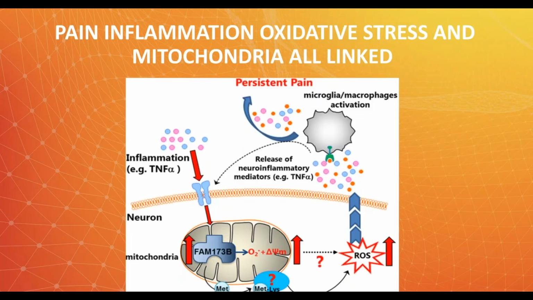So pain, inflammation, oxidative stress, and mitochondria are all linked. And I can't tell you how many dozens of maybe even hundreds of hours of lectures I've sat through from world-leading experts talking about pain or talking about inflammation or talking about oxidative stress. And at some point in functional medicine, you just throw your hands up and you realize everything causes everything and it's all connected. But these are really clear and obvious connections where when we're in chronic pain,